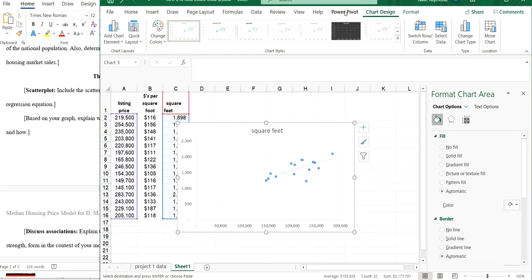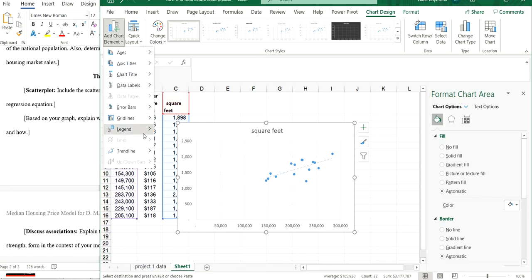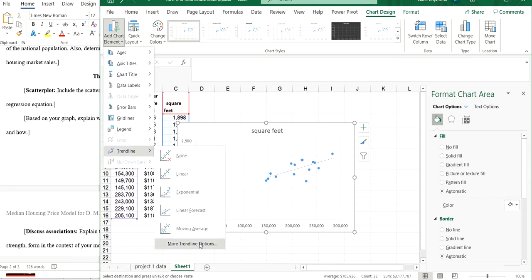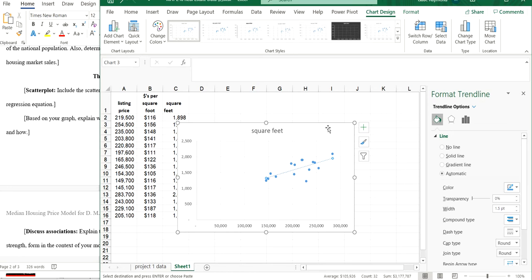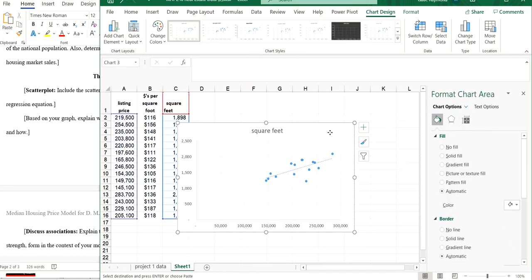Well, here, I got one more idea. Chart Design, Add Chart Element, Trendline, More Trendline Options. Oh yeah, this is it. Okay, so if you don't want to do the previous way, this is the previous way of making the